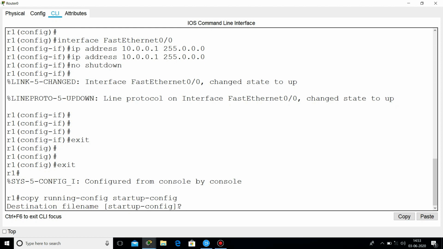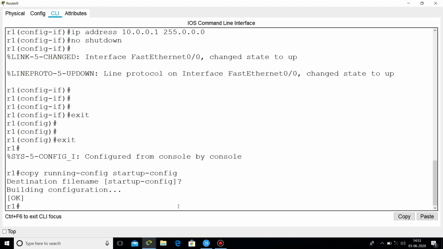When I hit enter, it will ask if you want to change the destination file name. If you want to change it, then simply write another name, otherwise simply press enter. Now I have created my backup of whatever commands I have run previously.